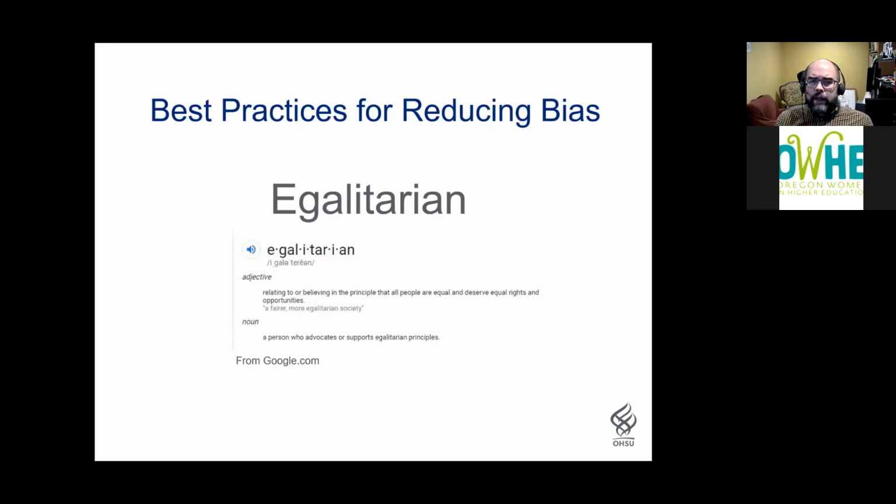So continuing on with reducing bias, I want to introduce the idea of egalitarianism. And I think we all know what this word means, or at least the gist of it, but maybe not quite the specifics. And I'm not going to get to the specifics other than say that the Google definition here is, relating to or believing in the principle that all people are equal and deserve equal rights and opportunities. So carry that further, right? It's like treating people the way you want to be treated,